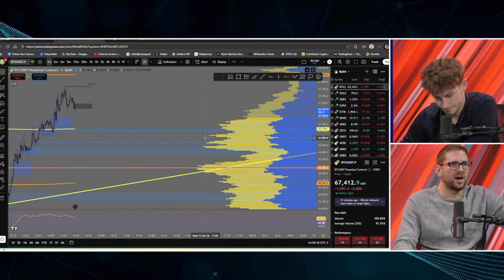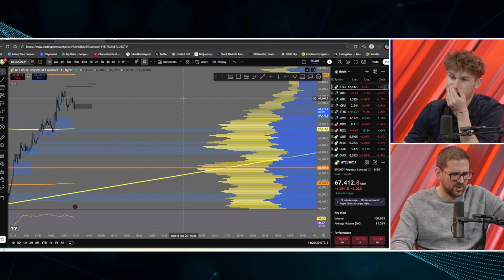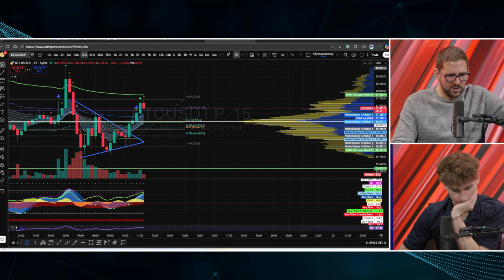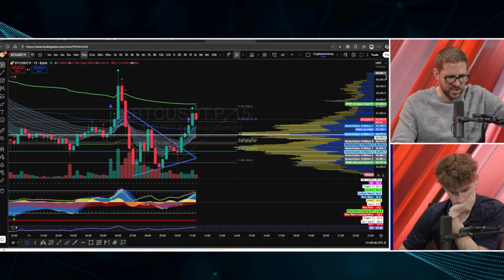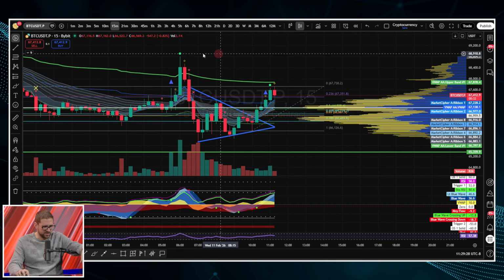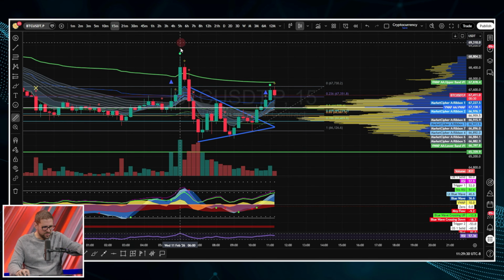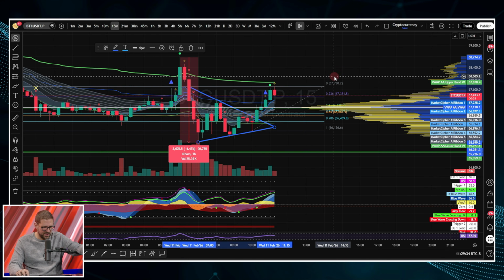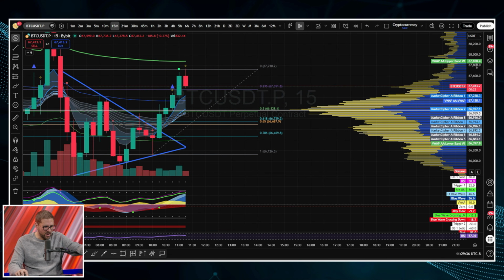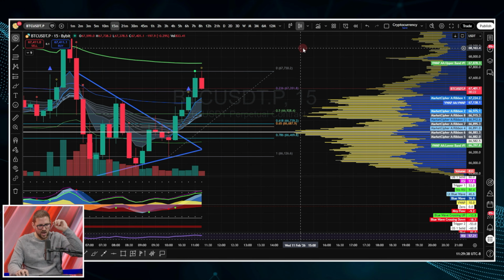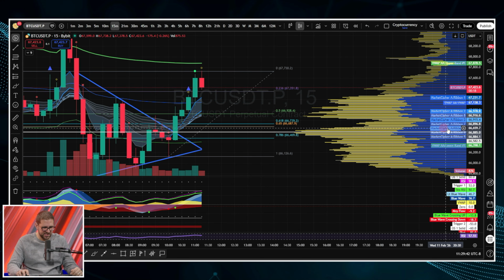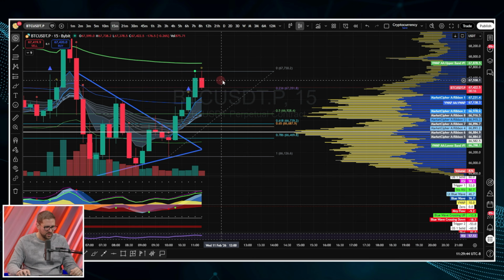Yeah, 15-minute Market Cipher A gave us the green dot of doom. That's never good. Right? Blue triangle, green dot, reversal. Reversal follows like immediately thereafter. Take a look at this. This is a prime example. Price got to a high of 68.7, and then we dipped around 4%. We're seeing something similar now. This is the 15-minute time frame, so a little higher on the time frame. We should see a bounce at this 0.236 level at 67,351.